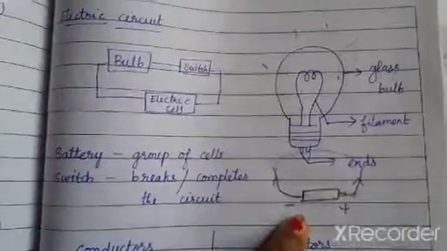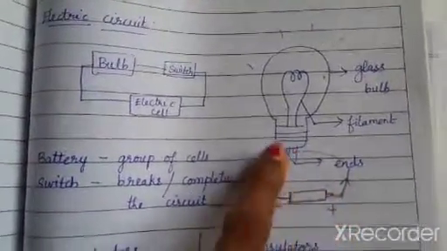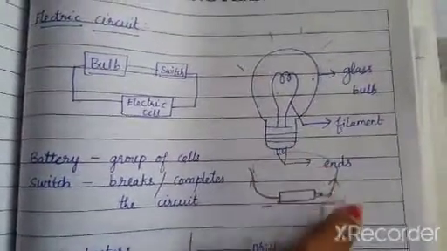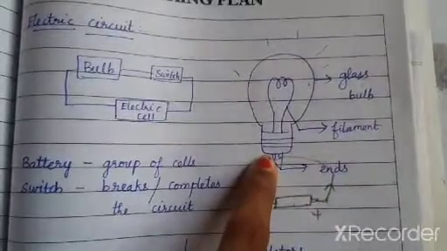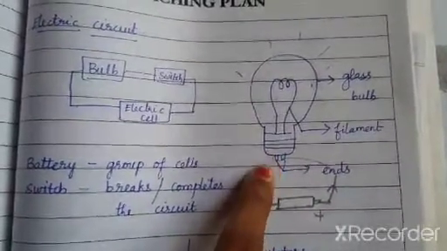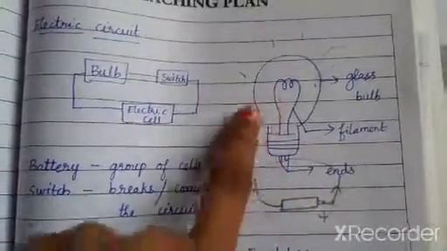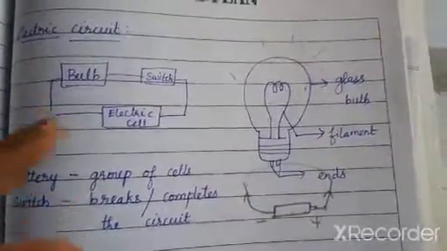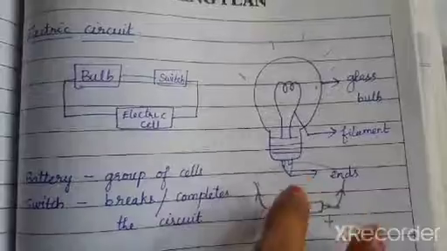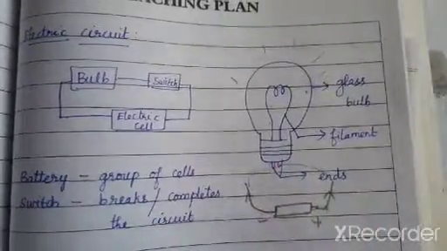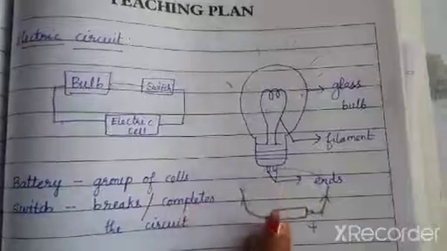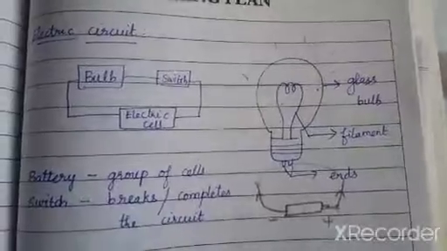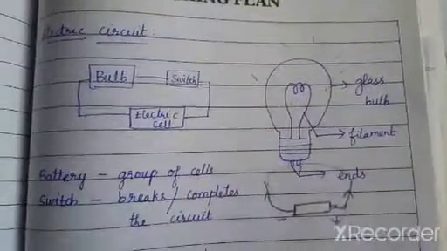If in case I make any disturbance to the circuit, like changing the wire connection, or connecting both the wires to one end of the bulb itself, then there occurs an interruption and the bulb will not glow. So these are the cases where the connection is incomplete. If I mismatch the wires and connect them to the ends, or if I connect both the wires to the same end of the bulb, then the current will not flow and it is an incomplete circuit. The bulb will not glow.